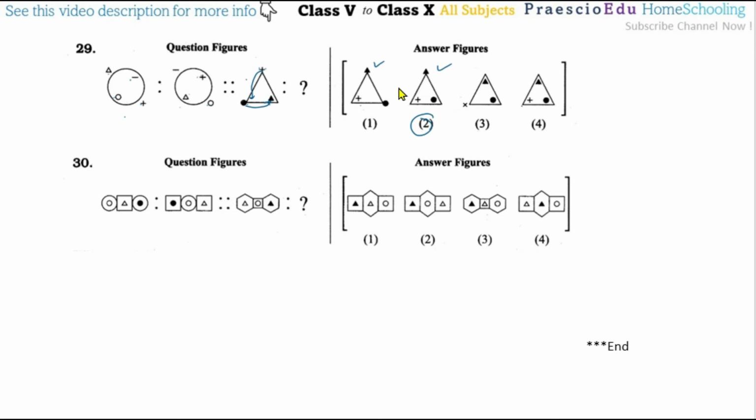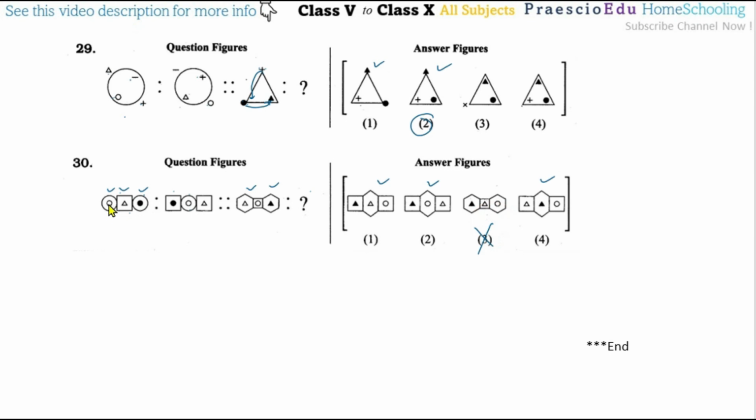So option number 2 is the correct one. Now question number 30, so if you compare the question figures, term 1 and term 2, both have outside circles and inside squares, or we can say the middle one is squares. The middle squares come to the outside, and the outside circles go only in the middle, like this one. Outside here is the hexagon, so in the next term only the middle hexagon, so here, here and here, meaning options number 1, 2 and 4 can be correct, so option number 3 is incorrect.